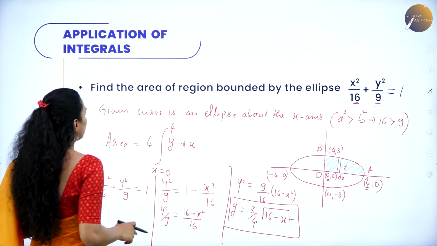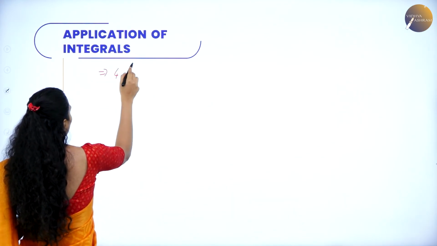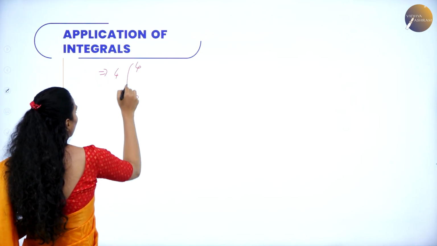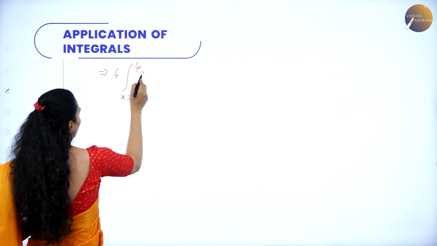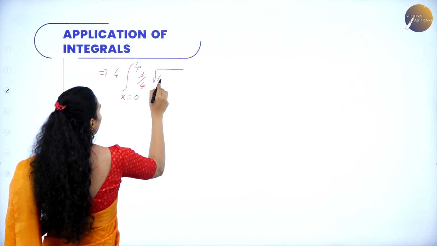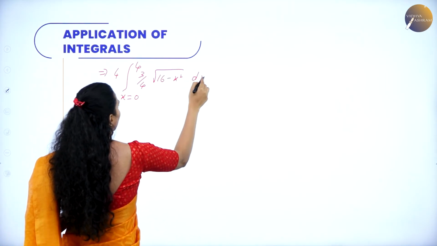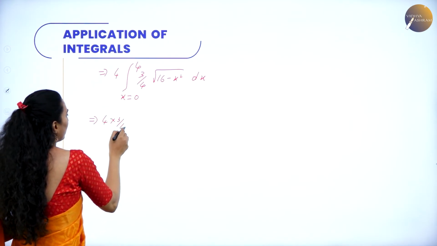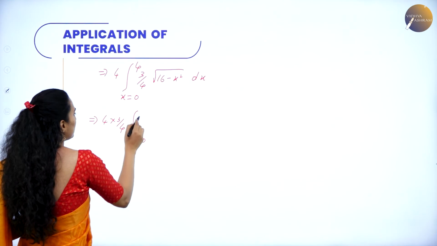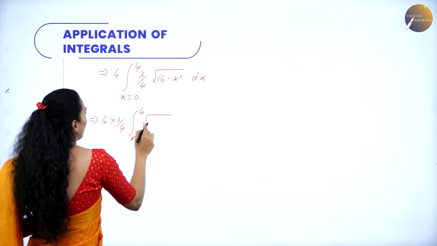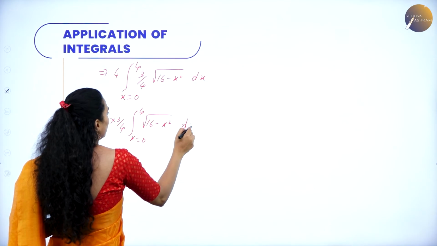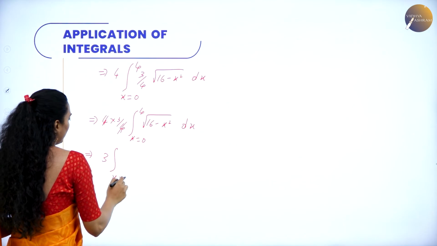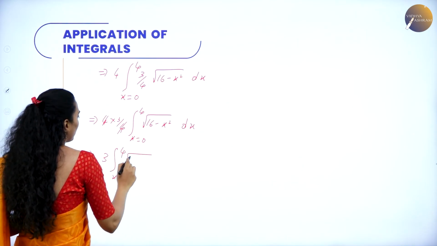So writing y as it is, you are getting 4 times the integral, where x will be varying from 0 to 4, of y, which is nothing but 3 by 4 into under the root of 16 minus x squared, into dx. Now you can take 3 by 4 outside. So 4 into 3 by 4, with x varying from 0 to 4, under the root of 16 minus x squared into dx. Now 4 will get cancelled. You can have 3 times the integral, x varying from 0 to 4, of under the root of 16 minus